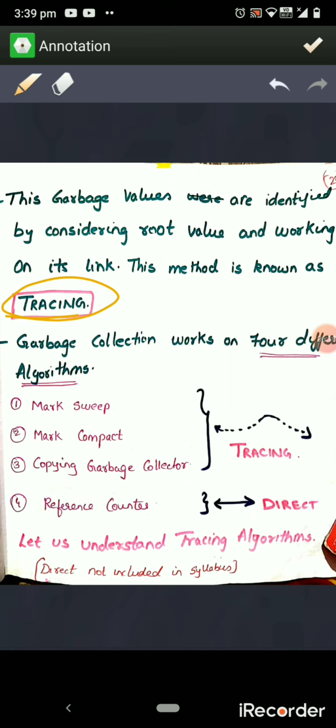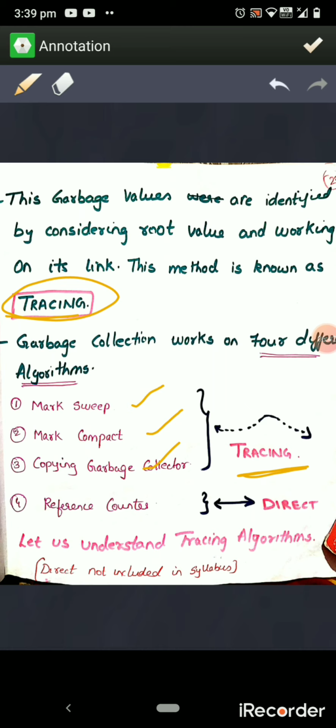I hope everyone is clear with garbage collection. In order to carry out garbage collection, we have four algorithms altogether: the mark sweep algorithm, the mark compact algorithm, the copying garbage collector algorithm, and reference counter. Among the four, the first three belong to the tracing technique.